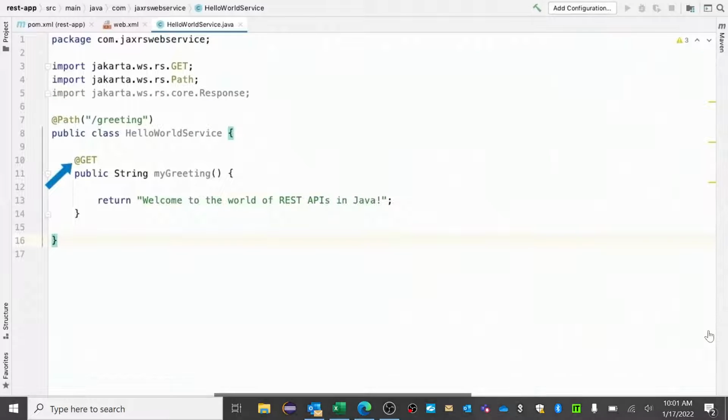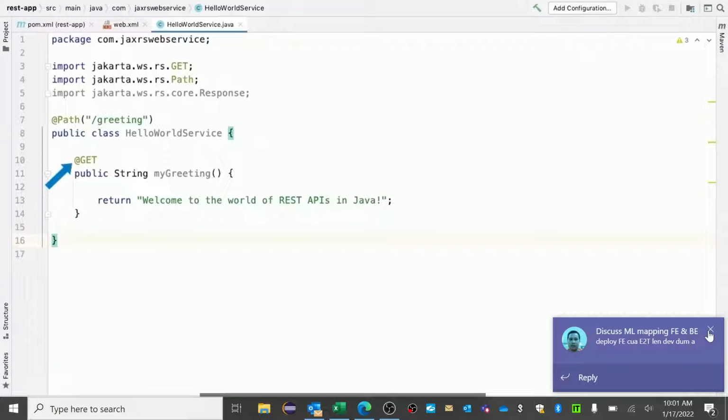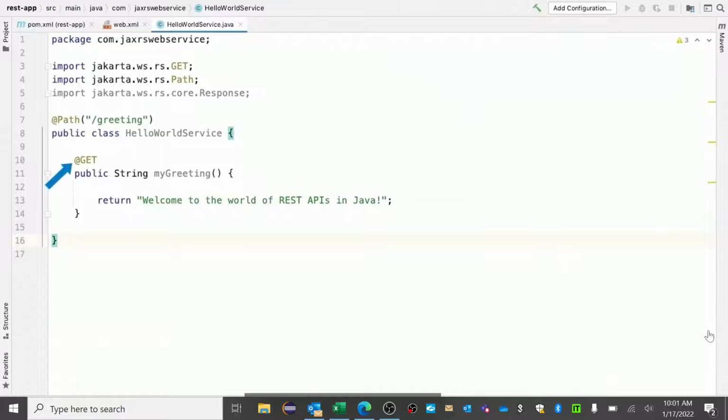This involves a different way of thinking as compared to the SOAP protocol. A GET request when using the REST API usually means that you only wish the server to read data and send it over to you, and no write operations or updates are required at the server end. With that said, let's get down to the implementation. We start off by importing jakarta.ws.rs.GET, and this is an annotation which is used with a method which can respond to a GET request. Next, we also import jakarta.ws.rs.Path.